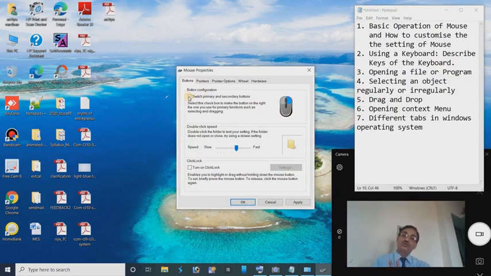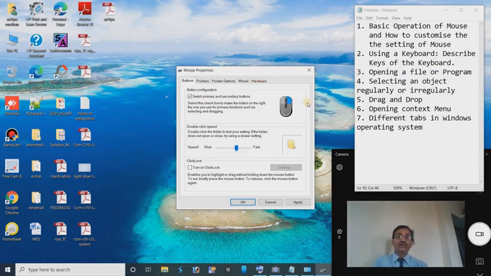This setting is for the left-handed person, because they will use their most usable finger, this one, for pressing down the buttons. We can also, here in the Mouse Properties, do some settings. We can customize the mouse setting from here. For example, I have already changed the primary and the secondary buttons.